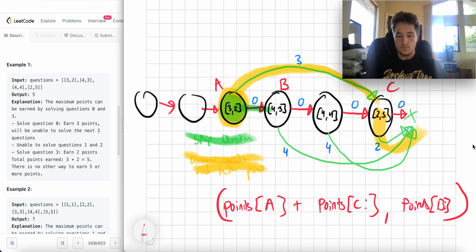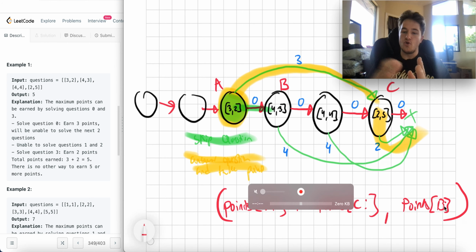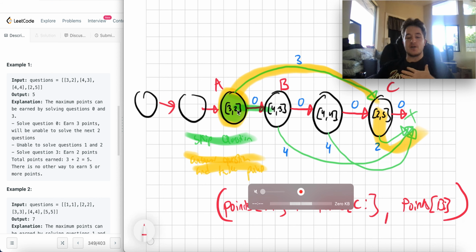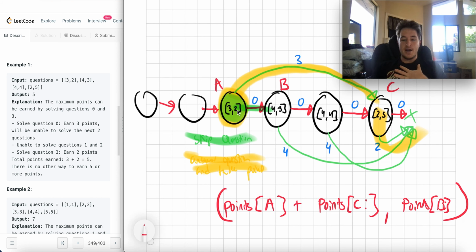Okay. All right, this means B onwards. Not like the rest of the points you can get, but whatever's the best at that point. So that's the best thing to do at any question. The best thing to do at any question is, say, at the question that I'm at right now,